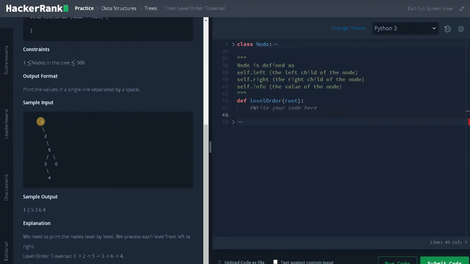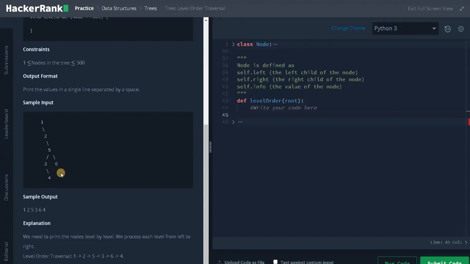For level order traversal, we'll be using the data structure called queue. So in queue, we'll be adding the elements level by level and exploring that particular element. For example, we'll be adding 1, that is the root. While the queue is not empty, we'll be removing the first element of the queue, that is the front of the queue, and print the elements and explore the elements further. Here, 1 is explored to 2, and again it will be popped out, and again 2 will be printed, then 5 will be explored. After 5 is printed, 3 will be explored, and 6 will be explored, and finally 4 will be explored. Like that, it will follow the order level by level.